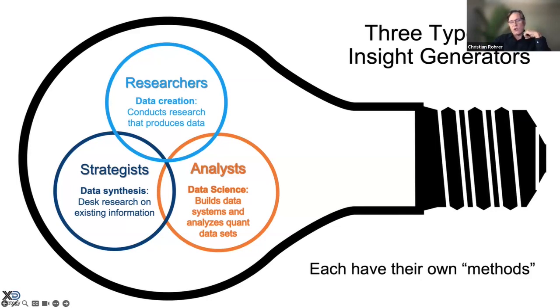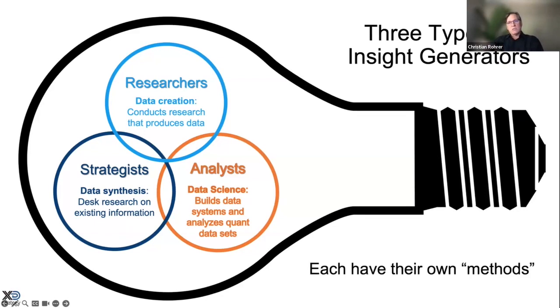And at least in corporate settings, you'll find researchers like those of us who do user research, or maybe our cousins in market research. There might be strategists who are producing insights in some way, like maybe by synthesizing data that exists already, or maybe analysts. A lot of times analysts are in a role where they produce insights and data from data sets that they have available through the systems they have. And that's all well and good. They have their own kind of methods.